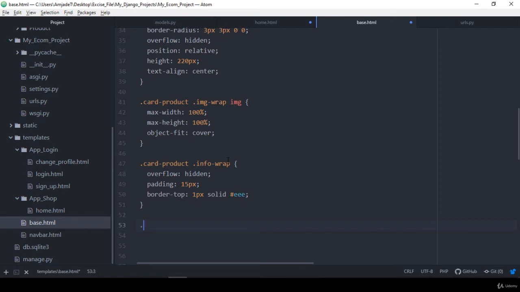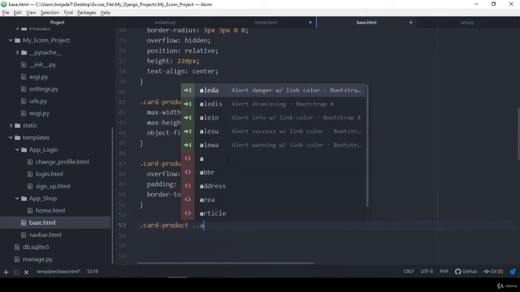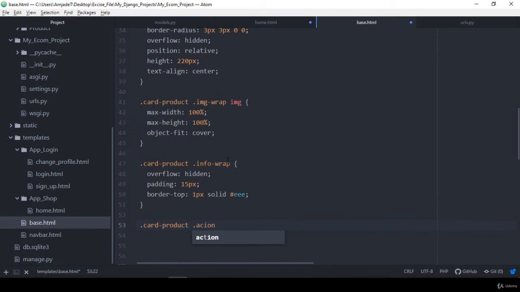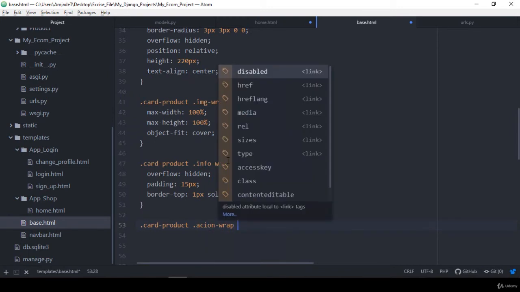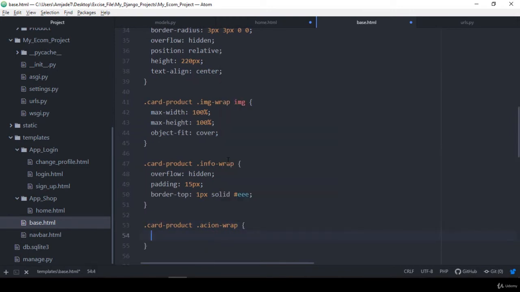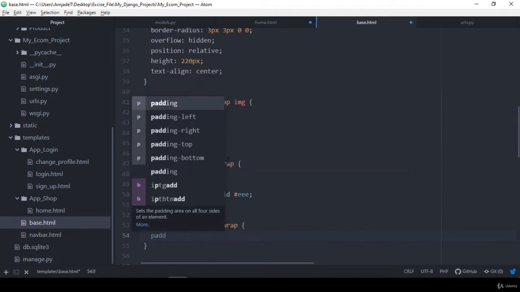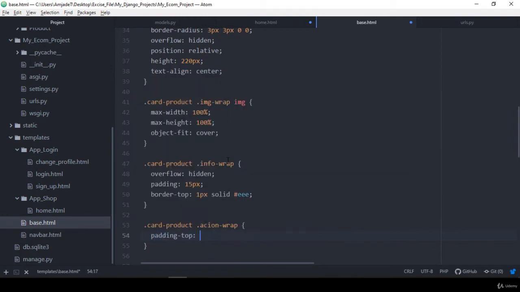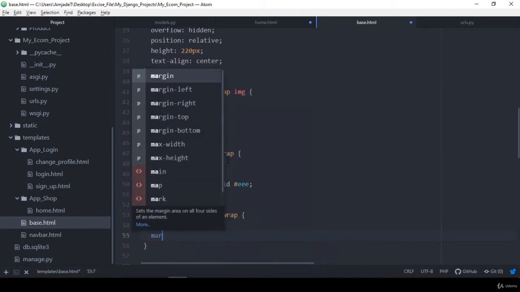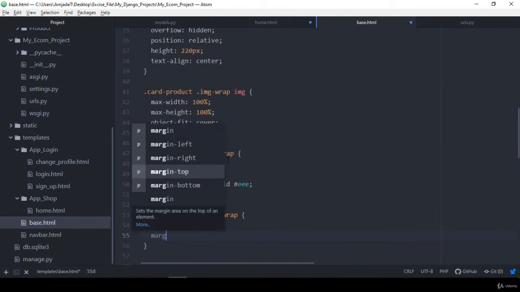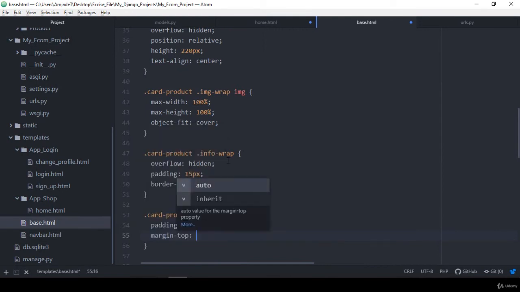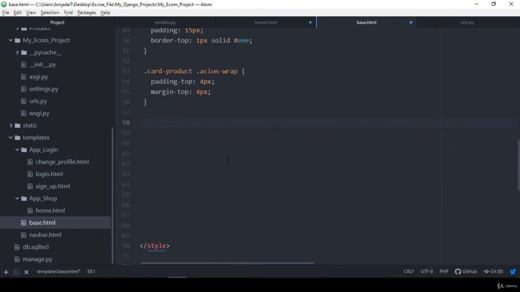So here I simply define the card, then the card product, and then the product area, dot action. So dot action here I define as WAMP. With this I want to define another padding top. So I define the padding top as 4 pixels, and I also define the margin. So the margin top will be 4 pixels, and I also want to create another class,